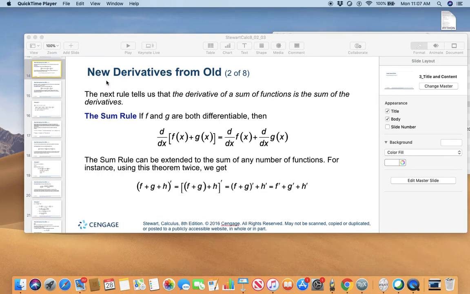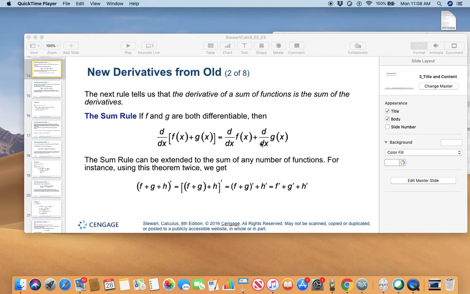Continuing about new derivatives from old. We want to now show that the derivative of a sum of functions is the sum of the derivatives. That is the sum rule. If f and g are two functions, both differentiable, then the derivative of f plus g is derivative of f